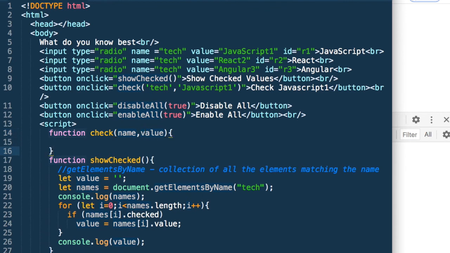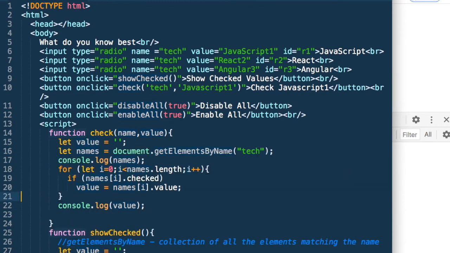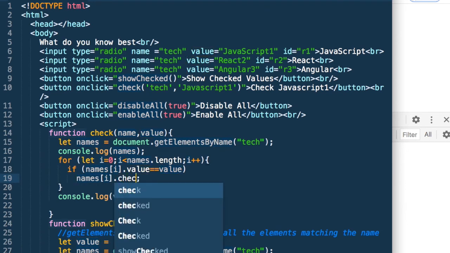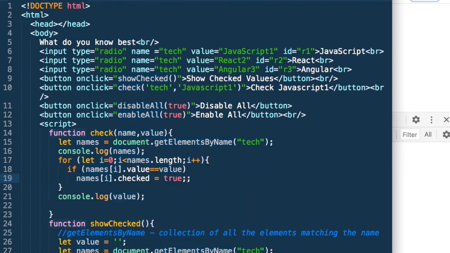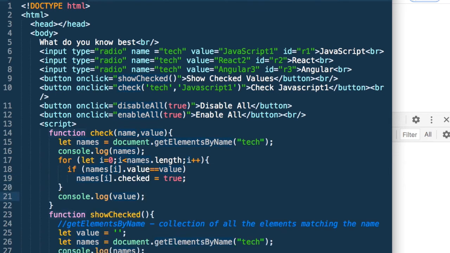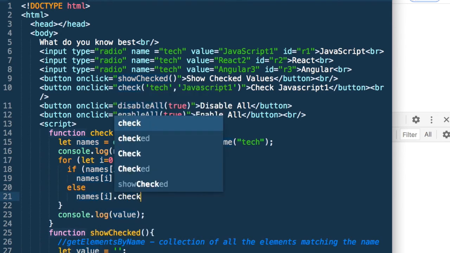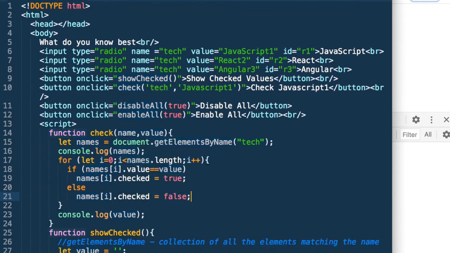Now how could we have done that? We could have just gone by our earlier code of show checked. Let me get all the elements, and now I can check, if names[i].value is equal to value, then names[i].checked = true, else names[i].checked = false.